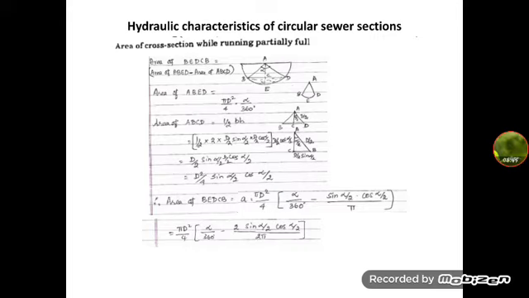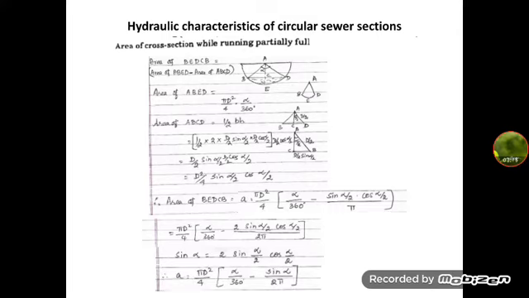Then we have multiplied 2 by both denominator and numerator. We can take the value, that is sine alpha is equal to 2 sine alpha by 2 cos alpha by 2. That is the formula, sine theta is equal to 2 sine theta by 2 and cos theta by 2. So by substituting this in the formula, we can get sine alpha by 2 pi. So therefore the area small a is equal to pi d square by 4 into alpha by 360 minus sine alpha by 2 pi.